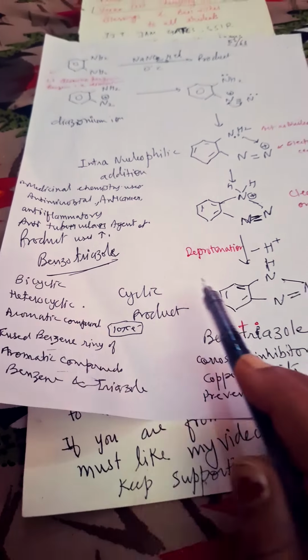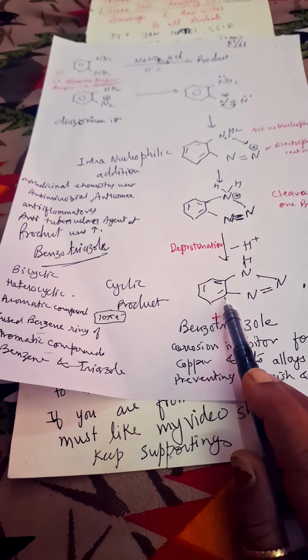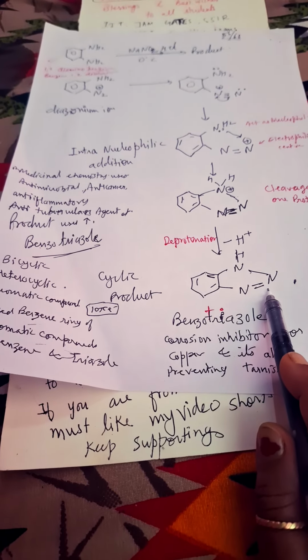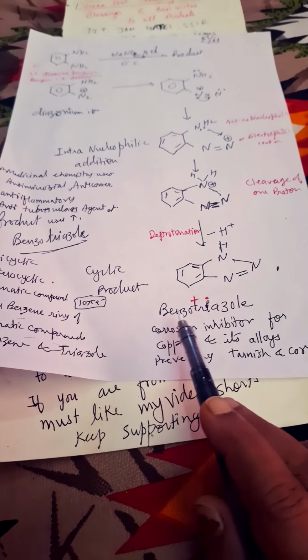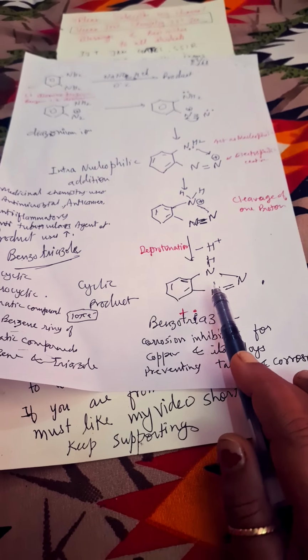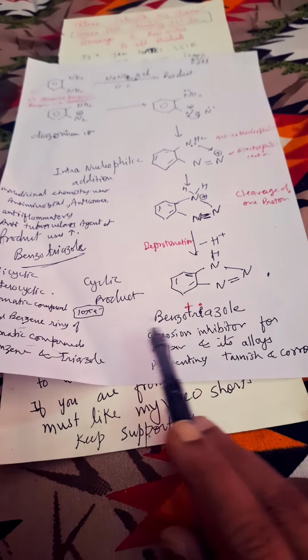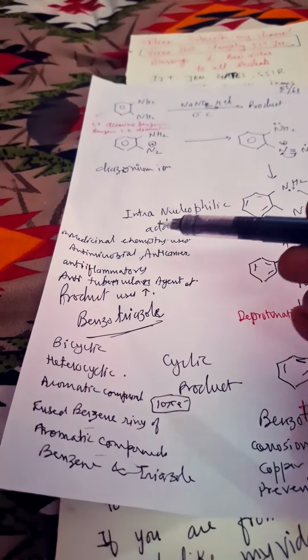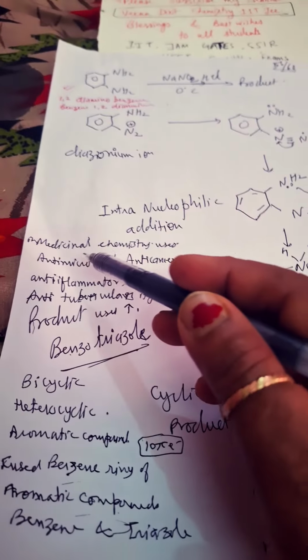Now I have written here, this is a fused heterocyclic compound, an aromatic compound, because 10 pi electrons are there. This is known as benzotriazole. Here the benzene ring and this triazole are fused together and give you a very important medicine, we can say, because medicinal